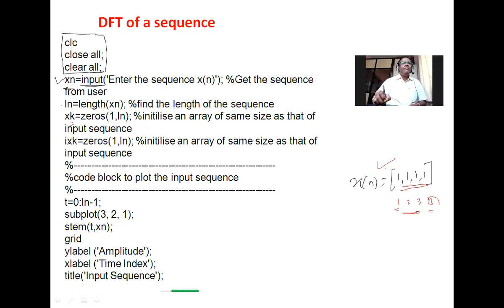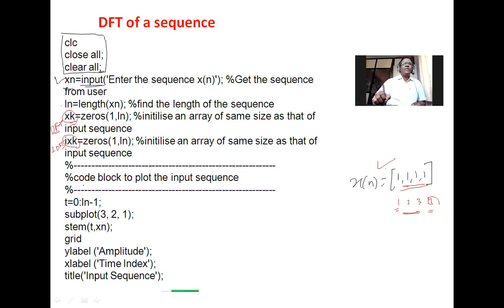And then we are writing ixk. Here, what does this xk stand for? DFT. Xk stands for the DFT. And what does ixk stand for? IDFT. Ixk stands for IDFT. So here we are making xk from the values 1 2 3 4, or whatever limit it has, and ixk also, that is the inverse DFT also, from 1 to ln. So this is how we define the initial values required to calculate DFT and IDFT.